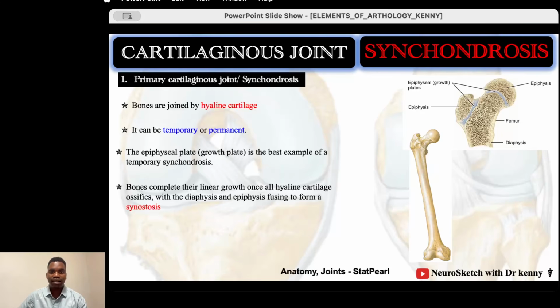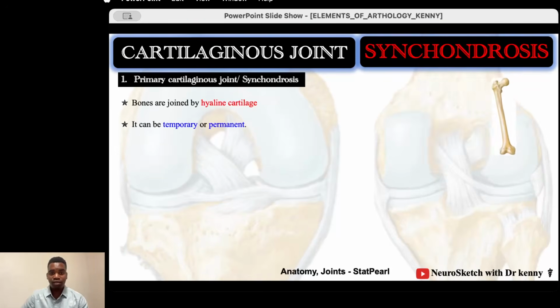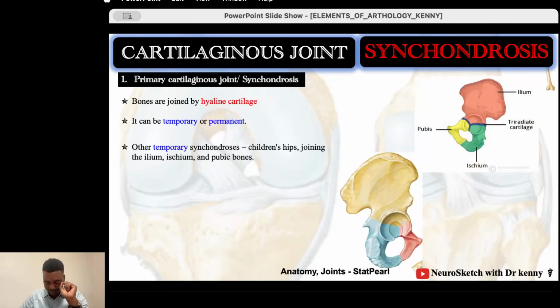So that's the primary, a temporary cartilaginous joint. And then we have the permanent primary cartilaginous joint. Okay, this is another example of a temporary cartilaginous joint, in which, for example, this is the pelvic